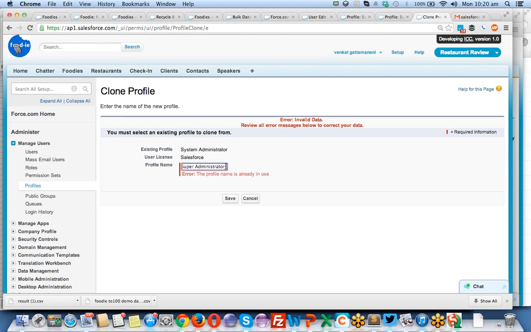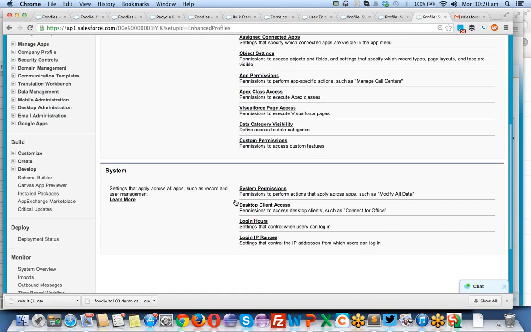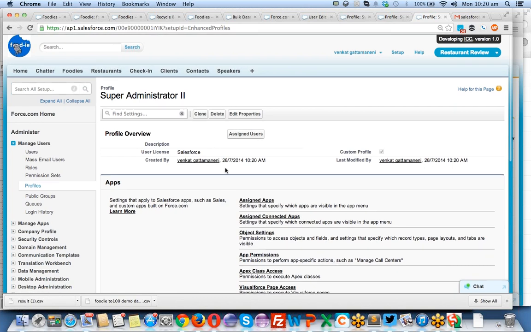Super user 2. Okay. Click on save. This will run. Salesforce created the super user profile also. Okay, let's assign